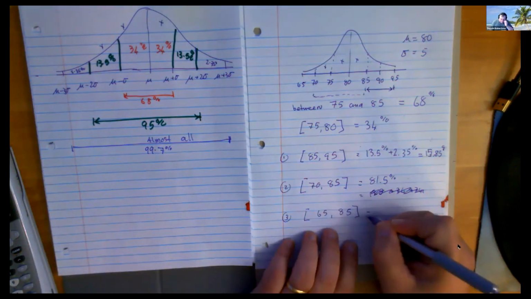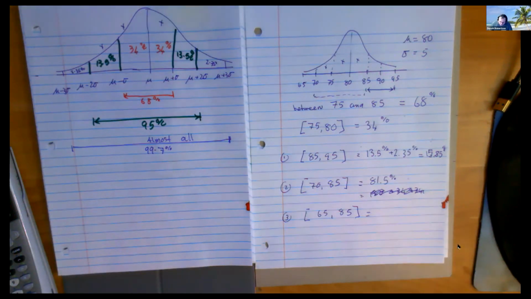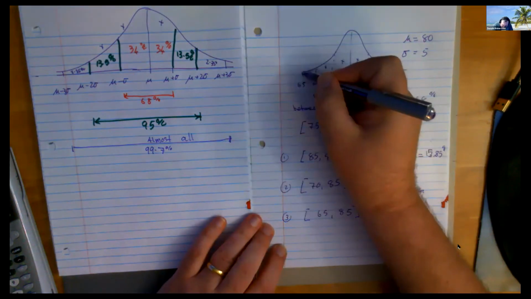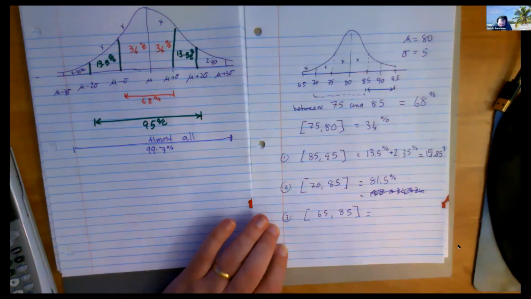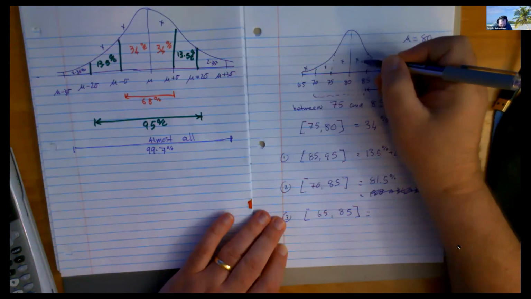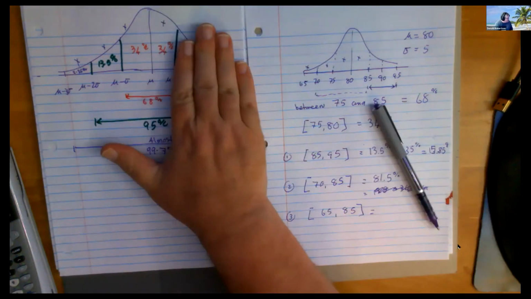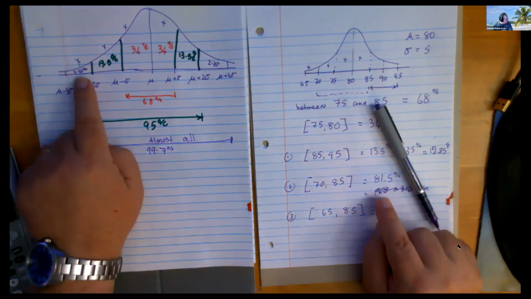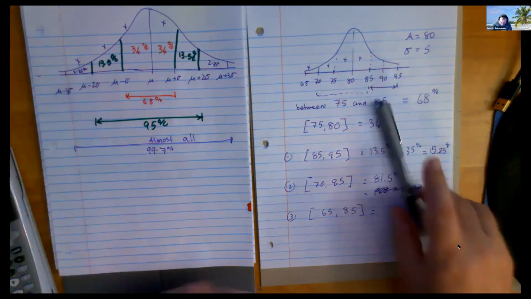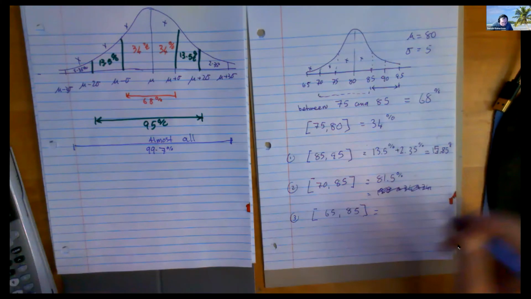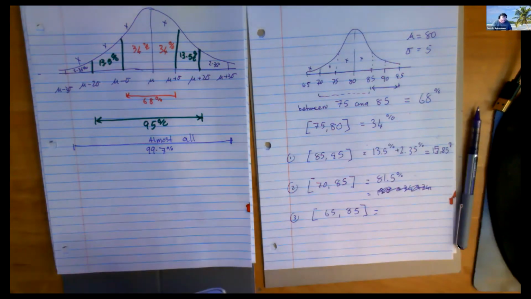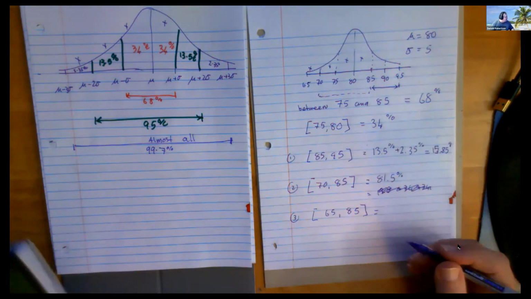Right, let's see if I can get the last one right. So we're going to start at 65, way over here, and we're going to finish at 85, which is way over here. So isn't that basically going to be 4 pieces of cake? I could really say it's just the previous answer add on this little bit. So what you would get when you are finished would be, again, I'm not trusting anything, 81.5 add another 2.35. I hope you got 83.85.